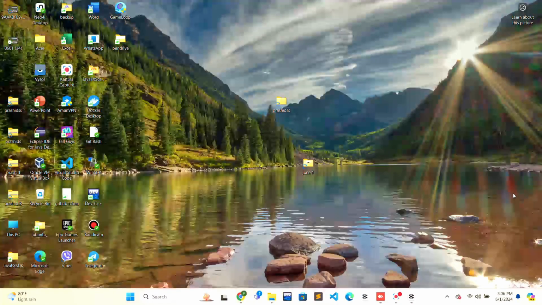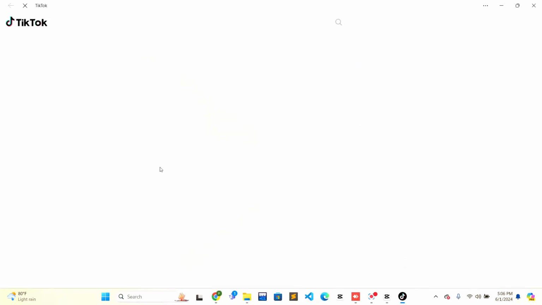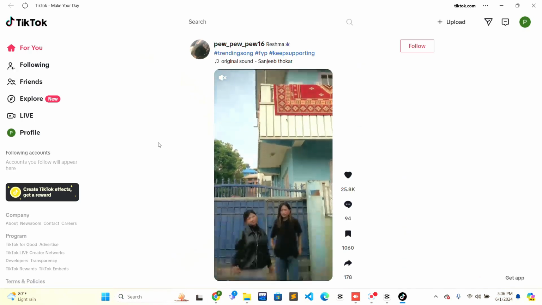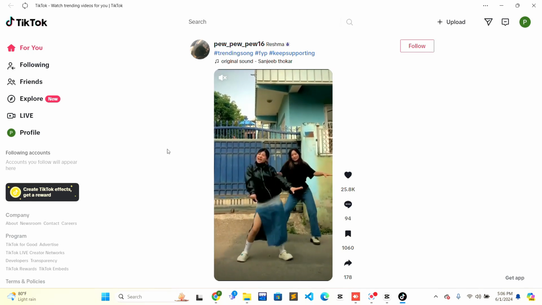So firstly, you need to go to the search bar of your taskbar. Just click on the search bar, type TikTok, and press enter on the keyboard, and TikTok will be opened. So the first thing you need to do to get a transcript is convert your account